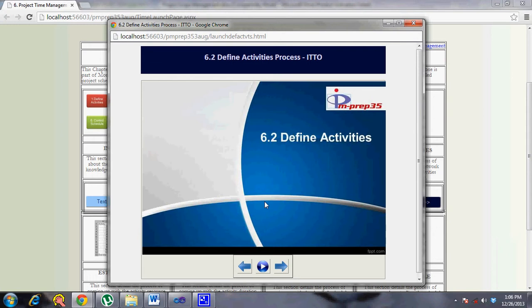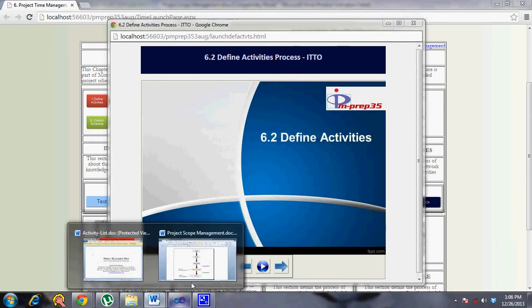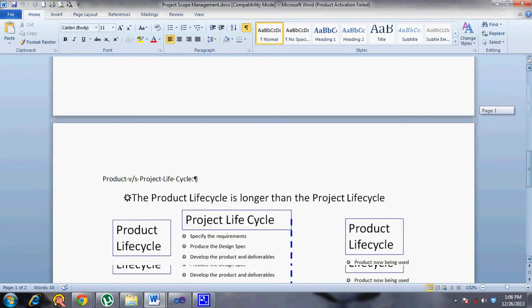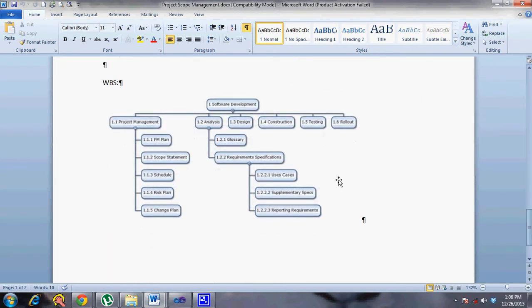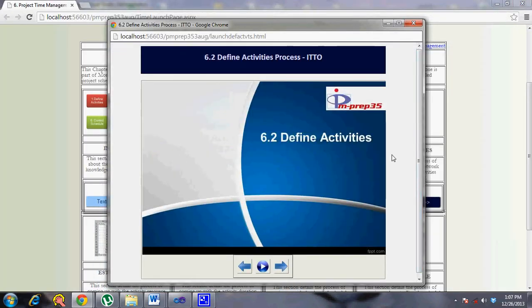So now the tools and techniques, as we have already discussed, decomposition is one of the important techniques. Then there is rolling wave planning. The rolling wave planning is one type of progressive elaboration which we already discussed when we talked about create WBS. You leave some of the components within the WBS at a higher level so that you can decompose them at a later stage when you get better clarity, while the activities related to the current work period are decomposed to a more detailed level because you have a lot more visibility talking to the customer. So that's one of the techniques used in this process.